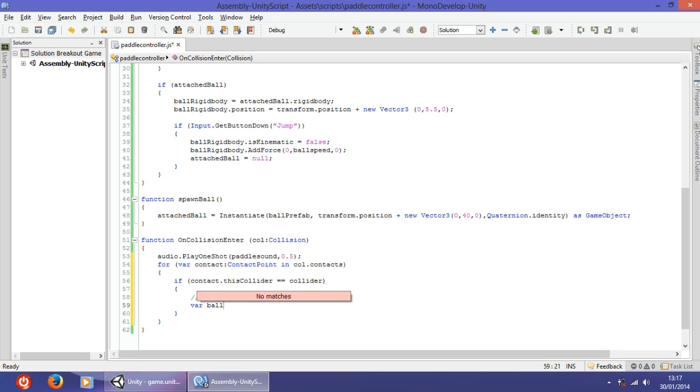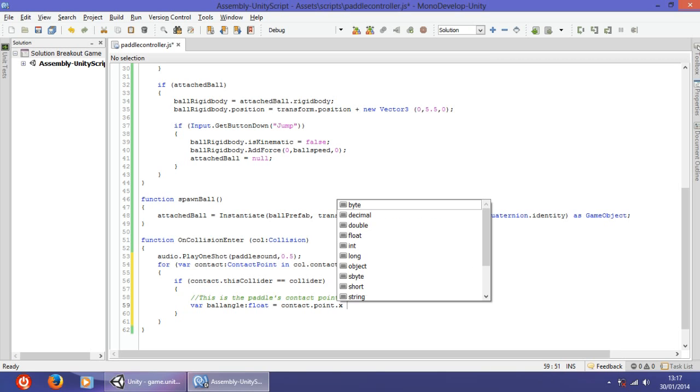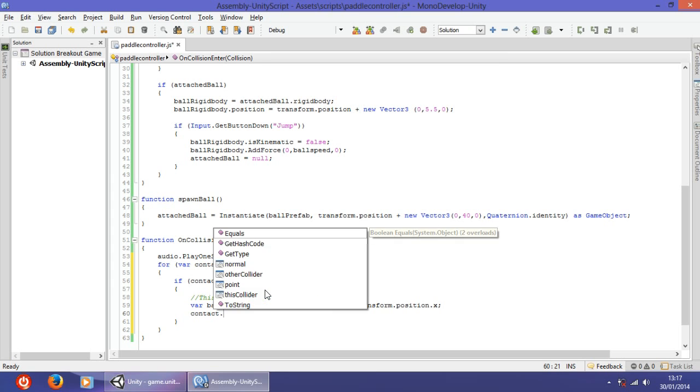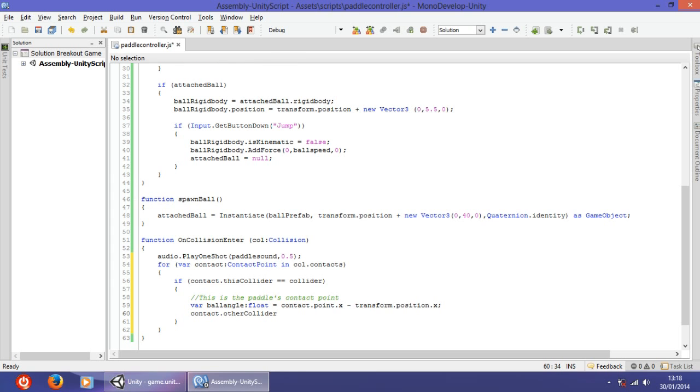So var ballAngle, float, equals contact.point.x, because it is on the x axis of the pedal, minus transform.position.x. Finish. Then the last line, contact.otherCollider.rigidbody.AddForce,